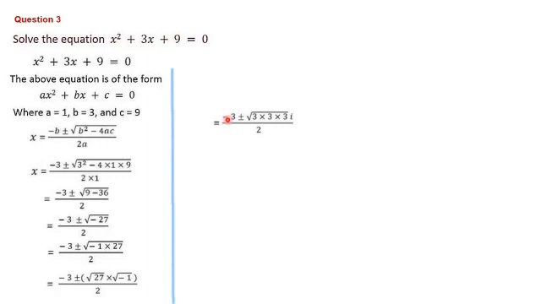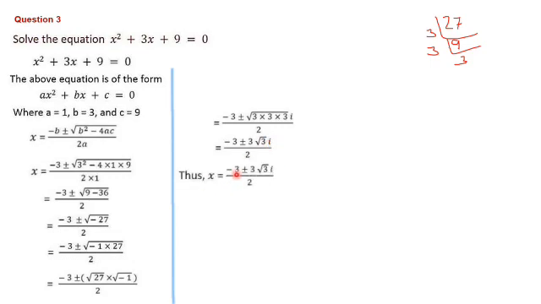That is minus 3 plus or minus root of 27, we can factorize. 27 factorization, we know that just divide first with 3, 9 times, and again with 3 we will be getting 3 times. This is the way we have done. 3 into 3 into 3, and this root of minus 1 we know that it is i, divided by denominator is same. Minus 3 plus or minus, out of these two 3's, 1 will be coming out because 3 into 3 will be 9, square root of 9 is 3, and inside there is only 1 3, that is kept as root 3, and then the next term is i divided by 2.